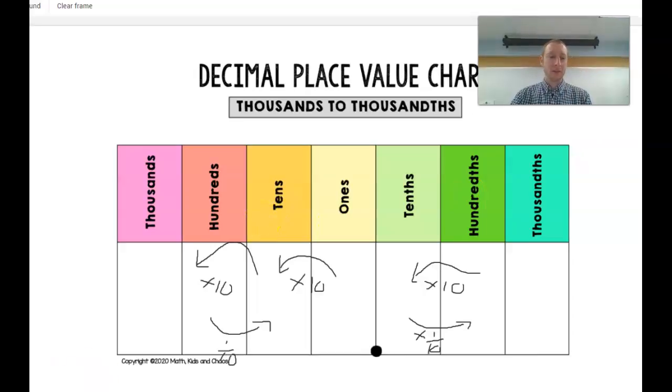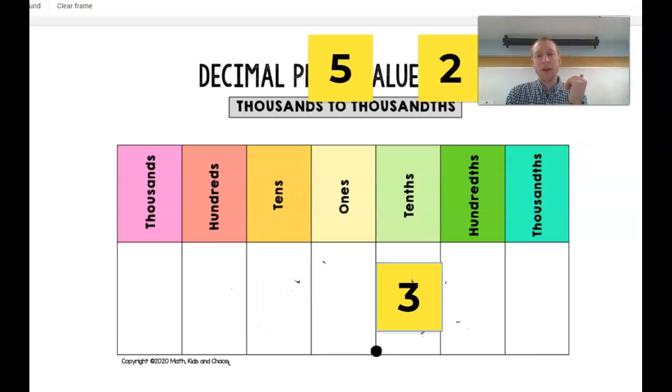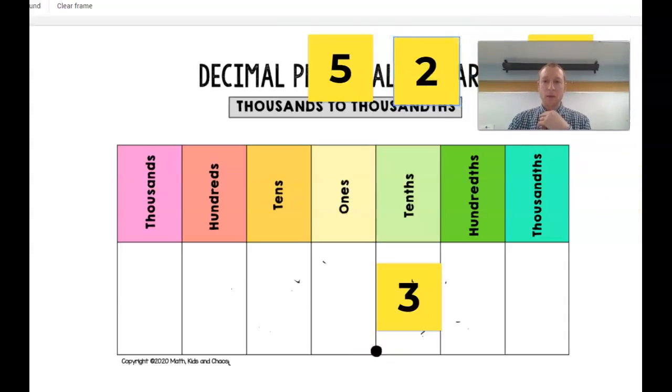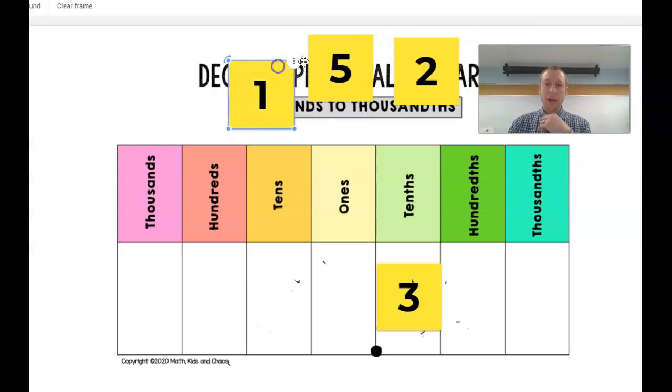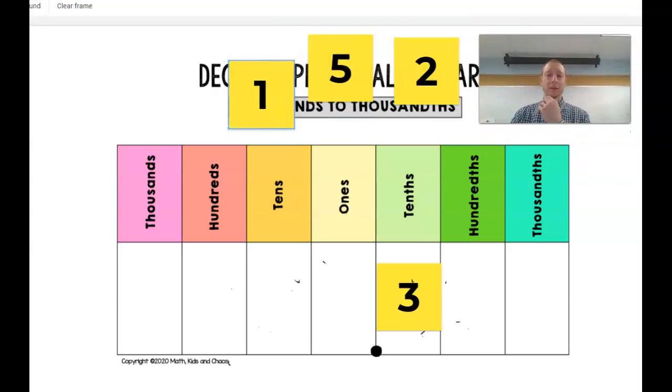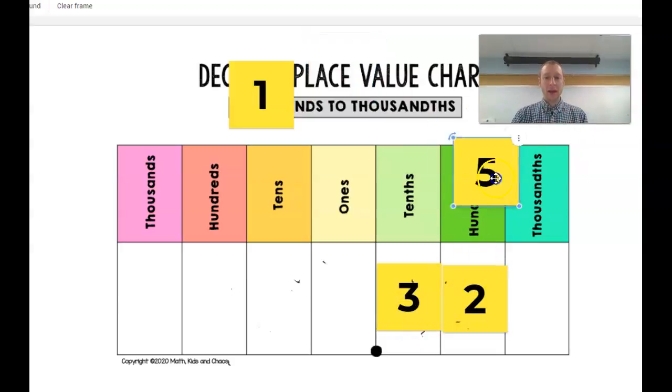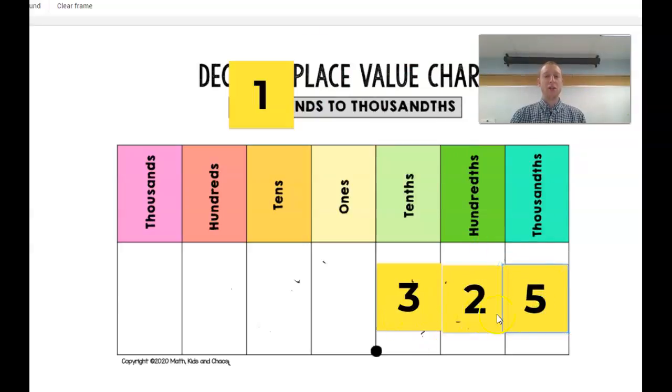So how do we read these numbers? In this case, we have 3/10. There's a 3 in the tenths place. It's just 0.3, right? So that means we have 3/10 here. All right, what if we added this 2 here? What do we have now? Now we have 0.32. We would call this 32 hundredths, right? Because the 2's in the hundredths place. Now what do we have? Now we have 0.325, or